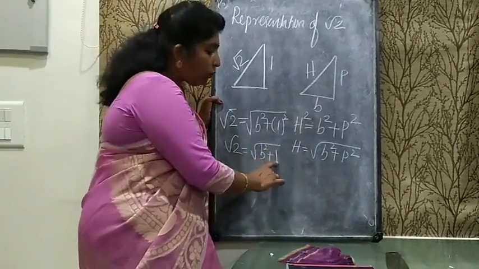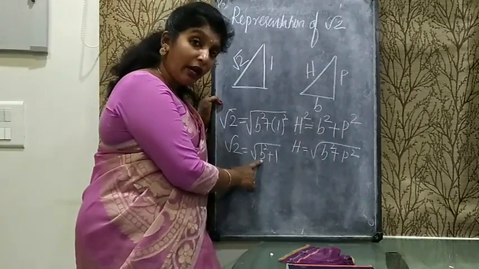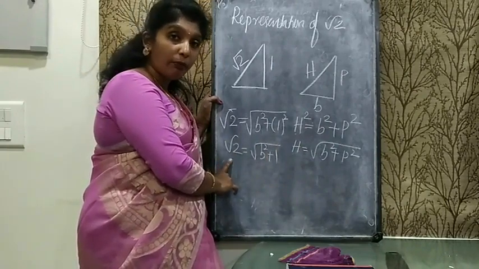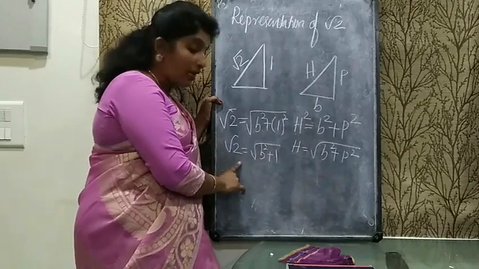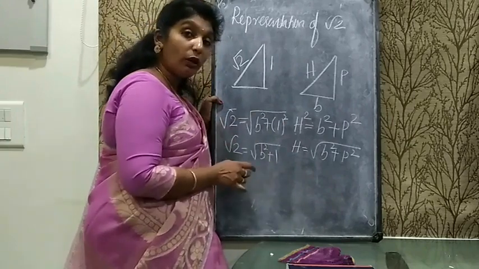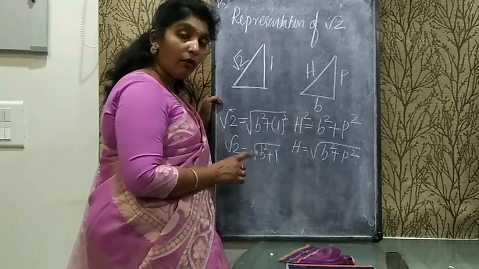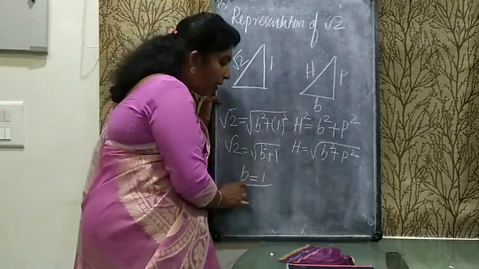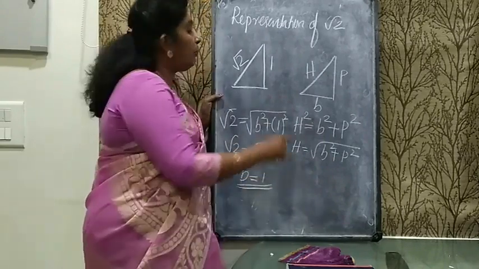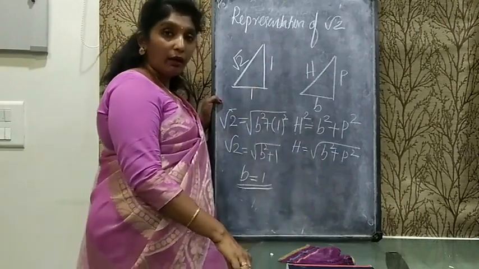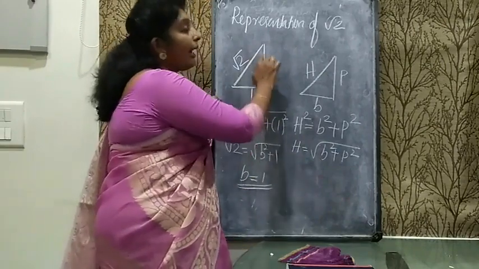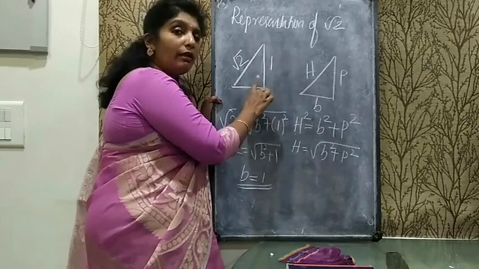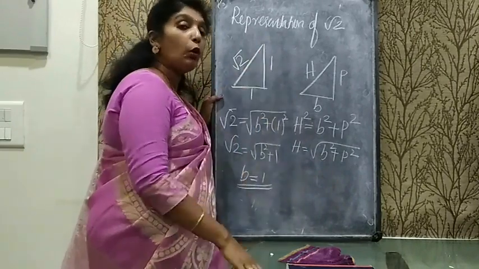It makes root 2 equal to under the root base square plus 1. Here with 1, which number should I add to get under the root 2 as the answer? If I want under the root 2 as answer, then b square should be 1 square again. Okay? B should be 1. So b square will be 1. So 1 plus 1 will be 2. It means our base should be 1. It means on a number line, I should make a right angle triangle whose base is 1, perpendicular is 1, then automatically the hypotenuse will be root 2.